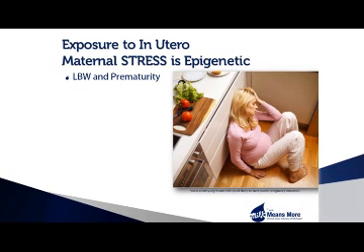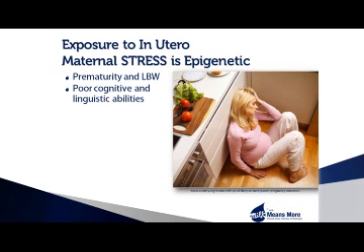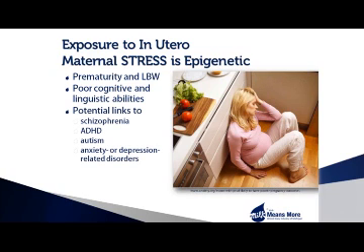Infants exposed prenatally to maternal stress, especially during the first and second trimester, exhibit poorer cognitive and language abilities at the age of 5. Depending on the intensity and duration of prenatal exposure to maternal stress, infants may also be at a higher risk of psychiatric, mental, and emotional conditions. These conditions may be transgenerational. That is, the affected children may pass risk to future generations.